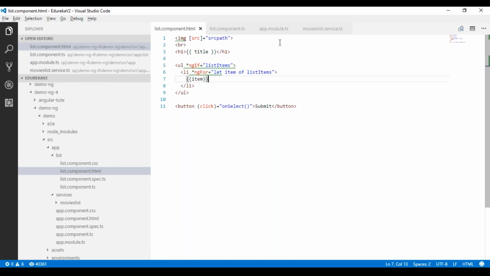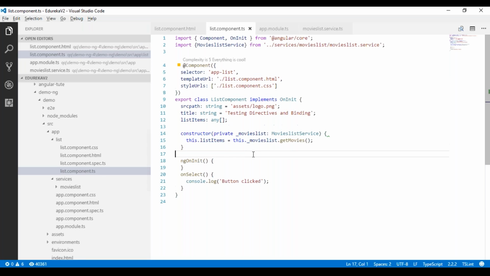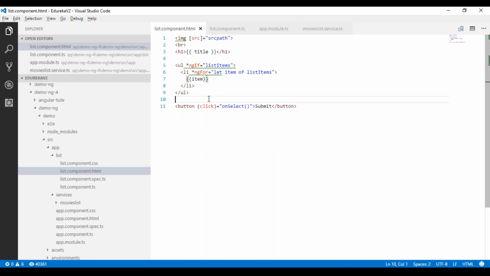Let me quickly demonstrate ngModel to you, which might be very nice for you to understand and learn. I'm going to use an input tag, and I'm going to use ngModel, which is a directive that provides two-way binding between the input tag and the component class. So I'm going to say ngModel is of the type user, and I'm going to say ngModelOptions is a standalone form item,